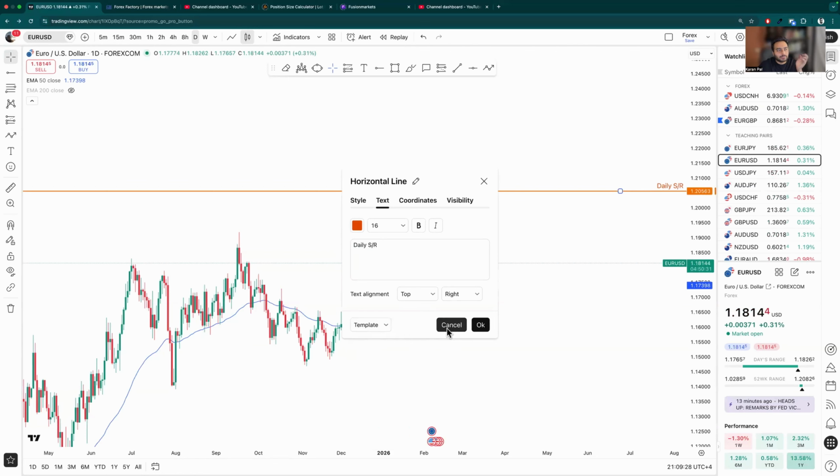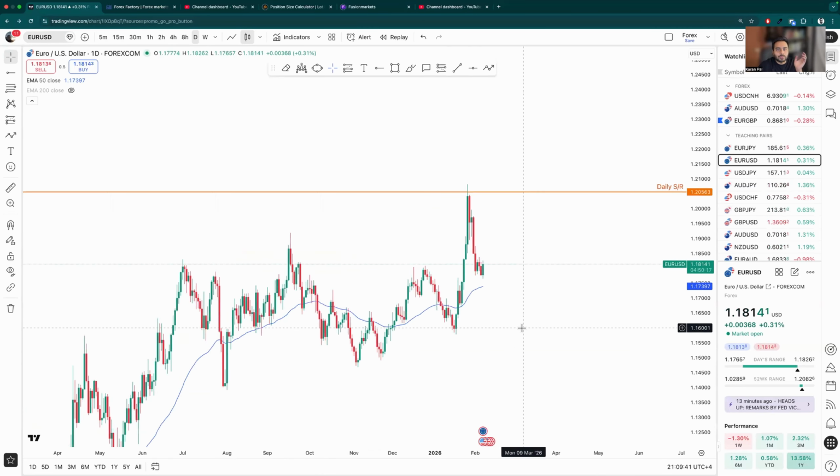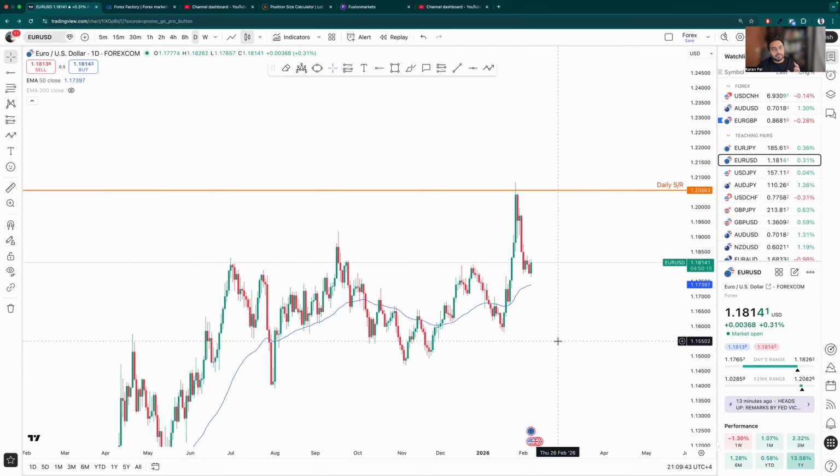But the weekly time frame is something which I rarely use because I like to do it with a little less noise. Weekly is too much noise for me. I do it with the daily time frame, 4 hour time frame, 1 hour time frame, 2 hour time frame. These time frames are enough to become profitable. But at some point, if you are not able to get a good analysis, it's always better to zoom out. By zooming out, I mean going to a higher time frame and looking at what price action looks like.